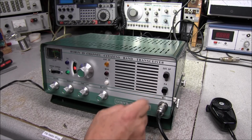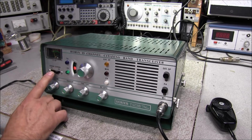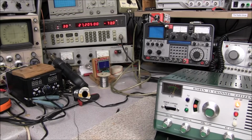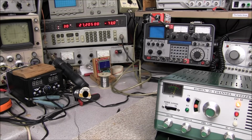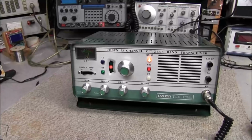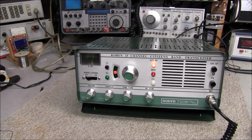Just on the speaker. PA. Extended range expand. I'm injecting the signal into the Robin unit. Got it at 27.205, minus 73 dBm, 30% modulation, 1 kilohertz tone. We got S9 on the S meter, and